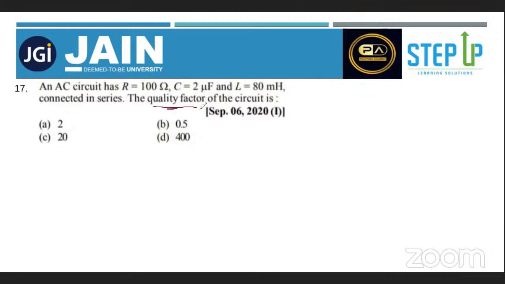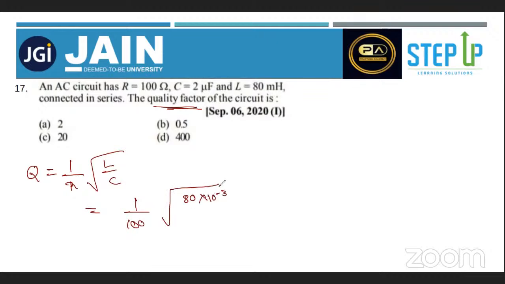Okay, you have to find out the quality factor. Quality factor is represented by Q. The formula for quality factor is 1 by R root under L over C. So R is equal to 100 ohm. L is equal to 80